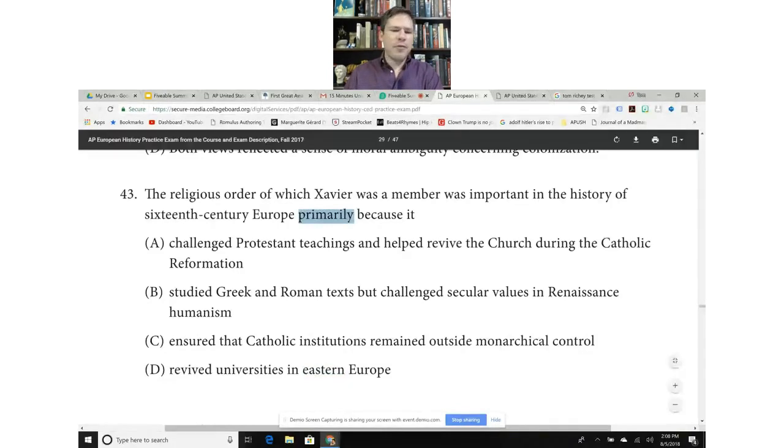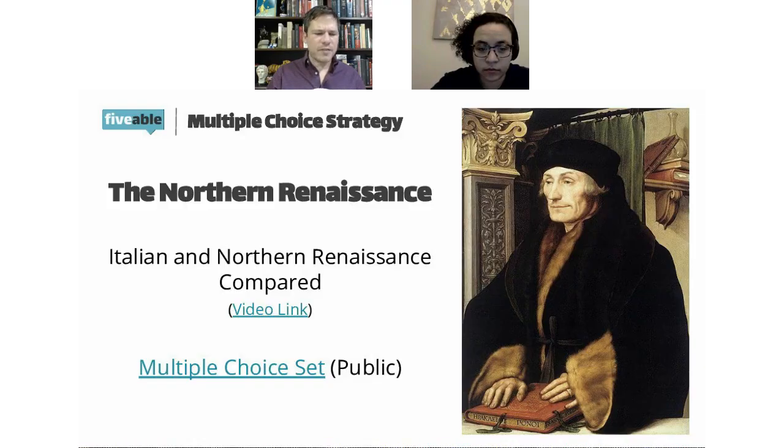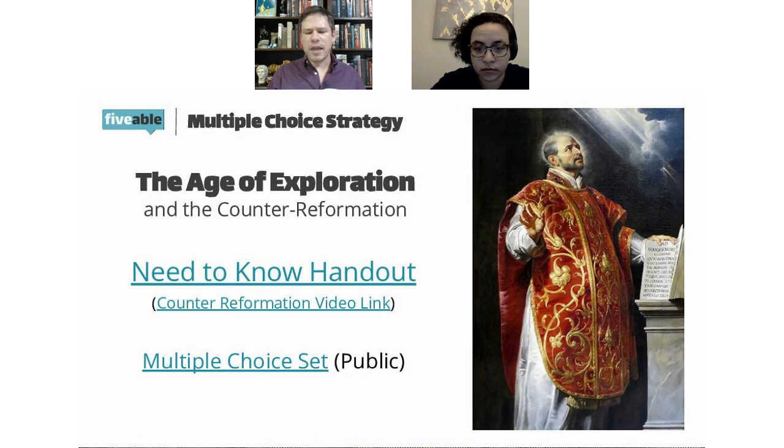Now, the biggest thing here is just noting that the stimulus is a lot of times smoke and mirrors. The other thing is that two answers can typically be eliminated. If the kid is using the stimulus more as a support for their content knowledge, I think that's going to work a lot better than if the student goes into this like a reading comprehension test. And with that, I've got some things here, and Amanda's going to send out the link that's going to go into more of that.